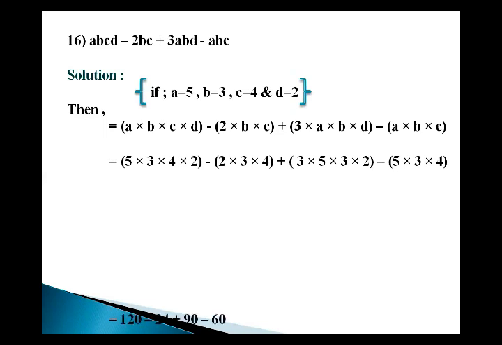Firstly you just solve the multiplication operation, then addition operation, and then subtraction operation. Okay, so in this step you see, firstly I'll just multiply these numbers, and the answer of this is 120, answer of this is 24, answer of this is 90, and the answer of this is 60. After multiplication you have to solve the addition operation. So firstly you just list out the addition values and the subtraction values in a row: 120 plus 90 minus 60 minus 24.